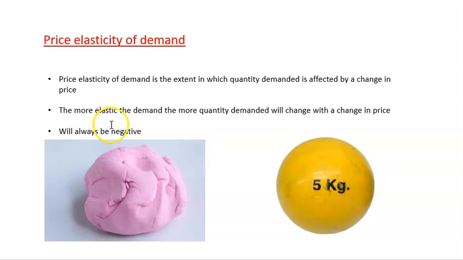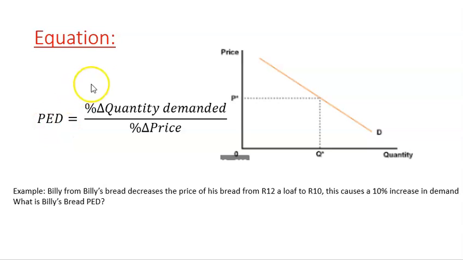And then the last thing to remember is that it'll always be negative, guys. This is due to the fact that it is a negative sloping curve. So if you increase your price, your quantity demanded is going to decrease. Okay, guys, we'll go into that more as we do our examples, but let's have a look at what the